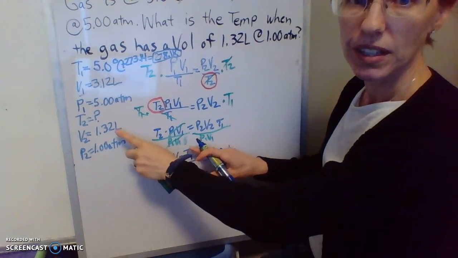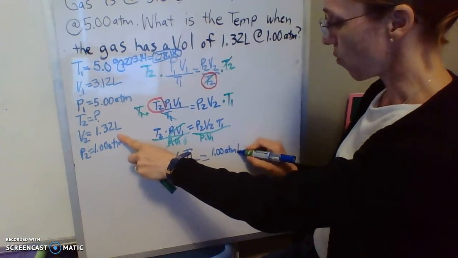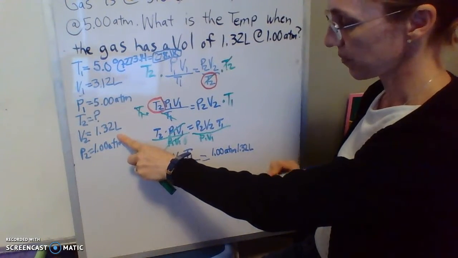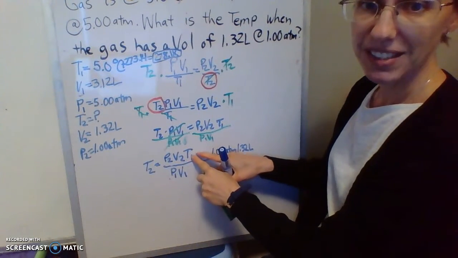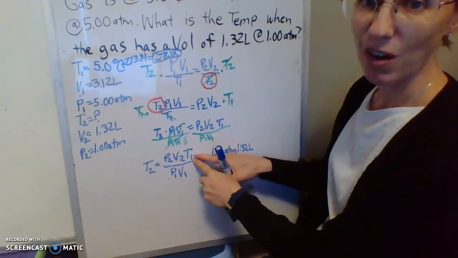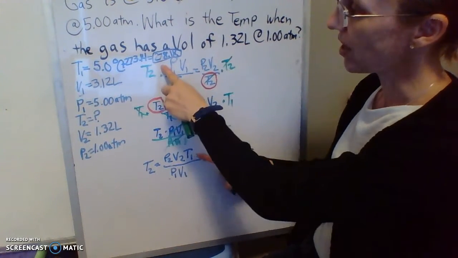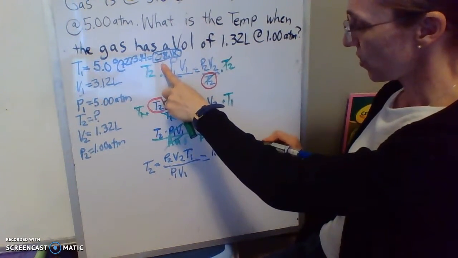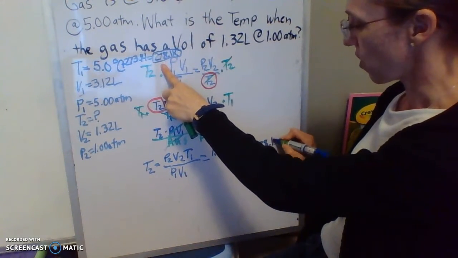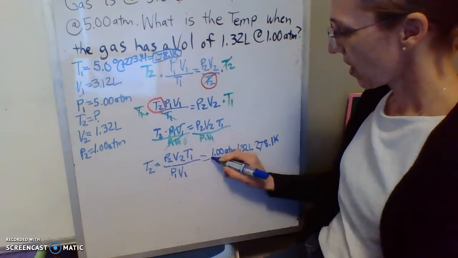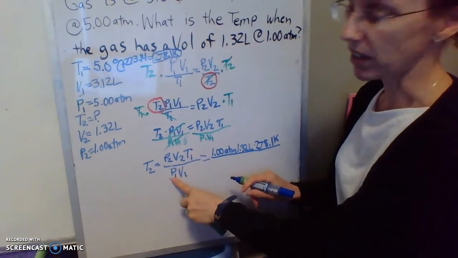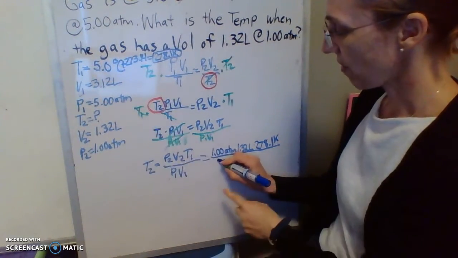V2 is up here, 1.32 liters. Now be careful, this is T1. This is probably the biggest mistake I have people do, is they're not watching their subscripts. T1 is the number up here, so it's 278.1 K. And then we're going to divide all of that by pressure 1, which is our